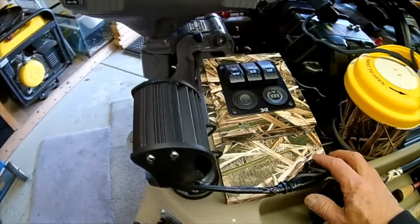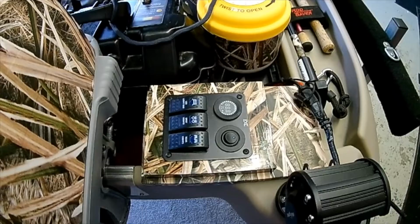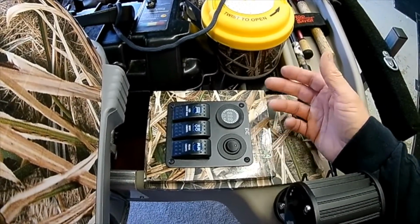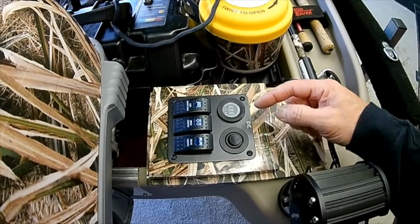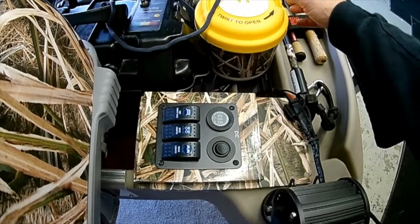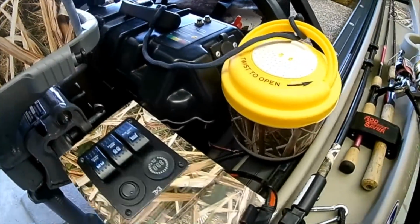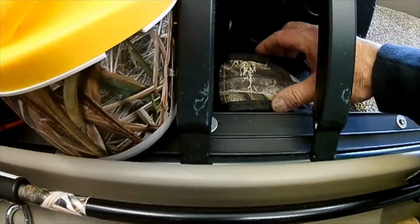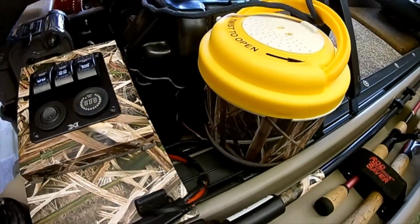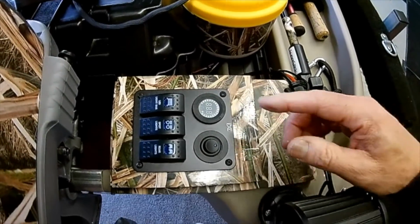So what we got here is a panel that I built during the winter. I didn't really want the battery to be running on it all the time, and most of these light panels have it on continuously if you have another way of putting it on. So I have a battery right here, so that leads to it,